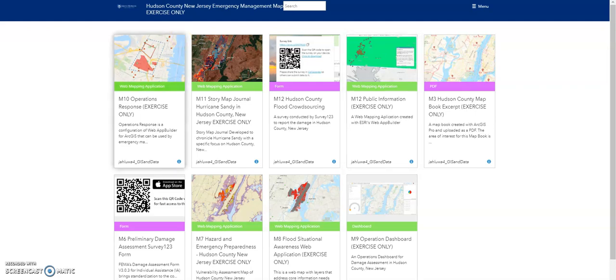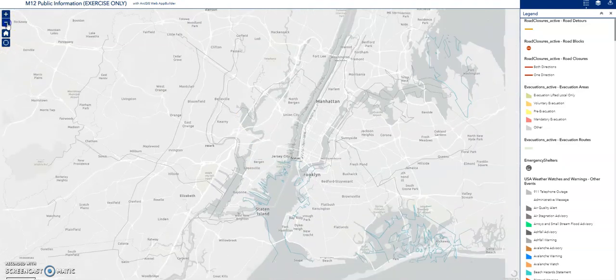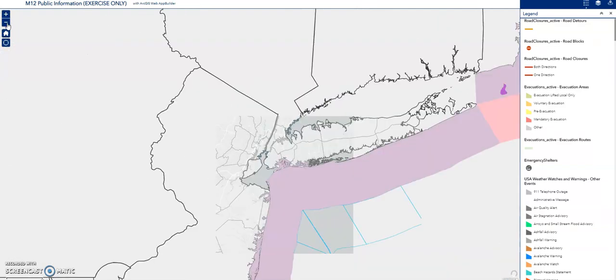This one bears resemblance to the one that I just showed you, but there's a couple of extra things that are added into this one as well. You can see the features that I showed you as well. This green line that I forgot to mention is actually just an evacuation route. But what I can also show you about this is it also includes some federal